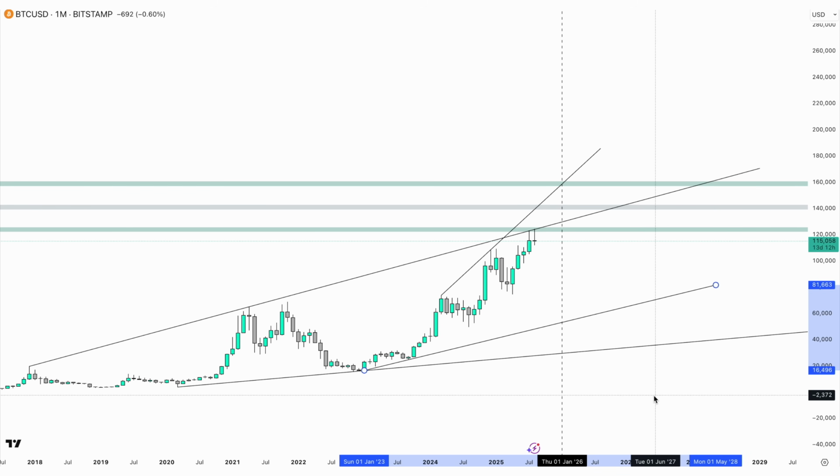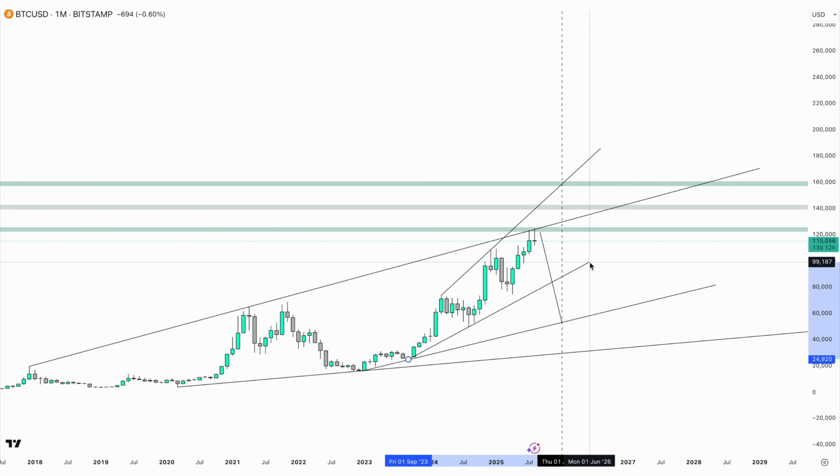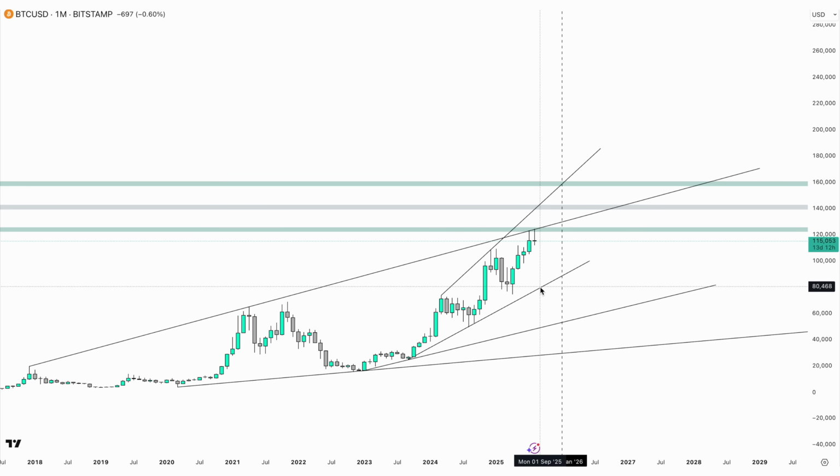That's the lowest worst case point. And simultaneously, if we were to be here at the end of the year, that would be the low to watch for, $50,000. Now, applying what I showed you in the beginning of this video, you can combine the key levels with the trend lines wherever possible. As an example, dragging this from here to there means over the course of, let's say, next month to the following month,